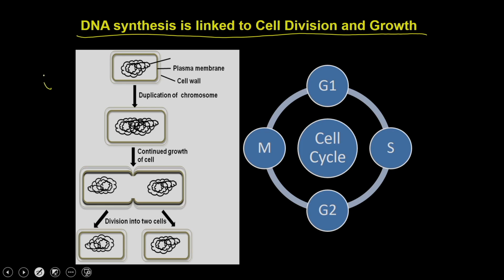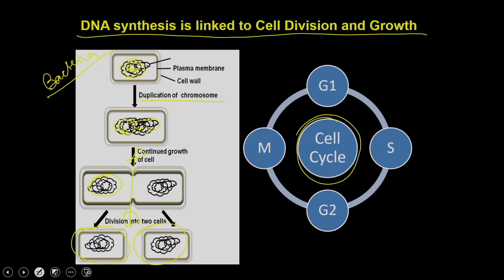So, this is an example of a bacterium. What you see is that we have a bacterium which has a single genome copy, and the first event is that the genome is going to duplicate into 2 copies. Then the cell is divided longitudinally, and that is how you get 2 bacterial cells. Similarly, the prokaryote goes through multiple events before it divides into 2, and all these events are called the cell cycle.